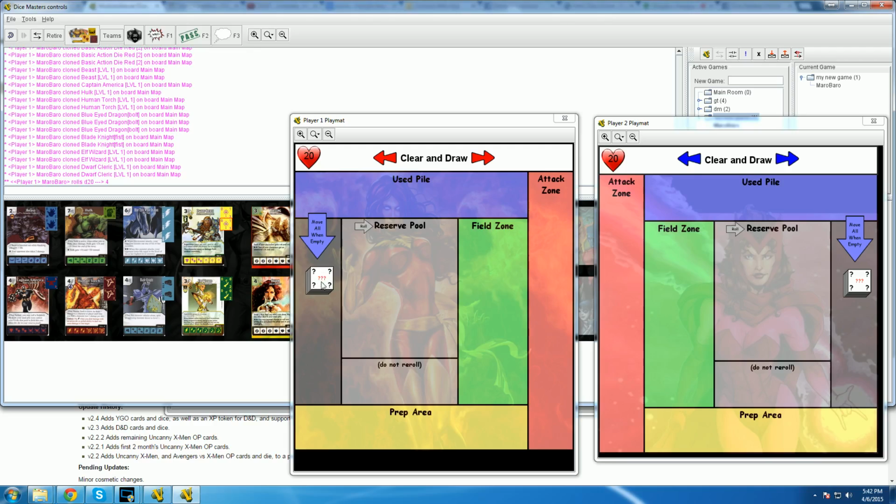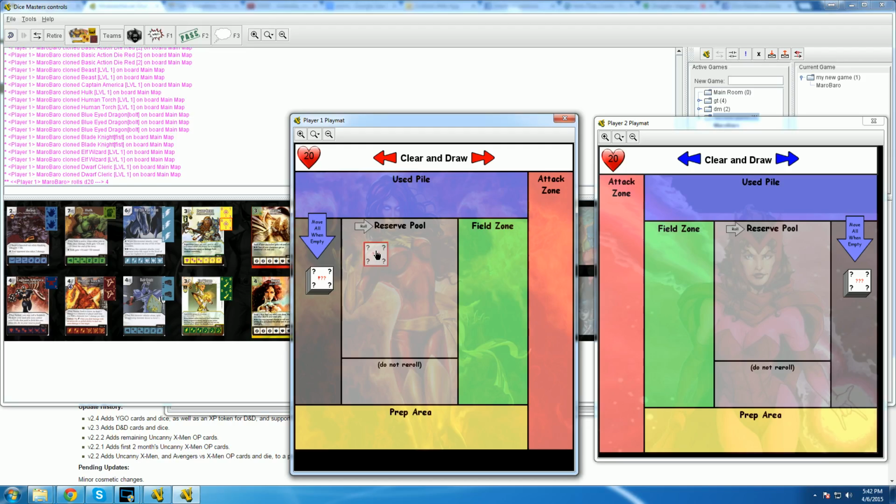What you do is, this is your dice bag. I know it doesn't look like a dice bag, but it is your dice bag, and you left click and drag a die, and 2, and 3, and 4. So you've got 4 dice, then you press this thing. It doesn't look like a button, but it actually is a button, and you can press it, and it rolls them for you. It's a horrible roll,